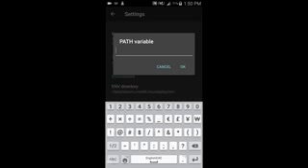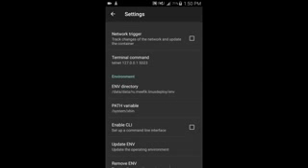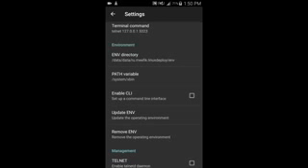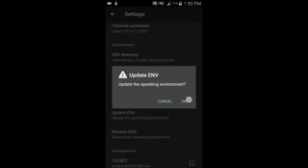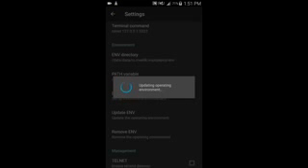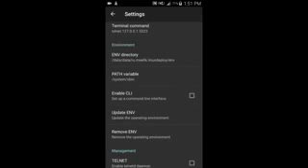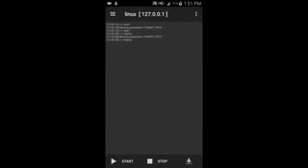We have to add here the address of BusyBox where it is installed. Then update environment. After that, now let's start it again. Now it is working,